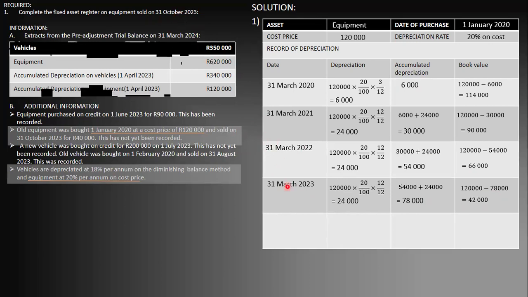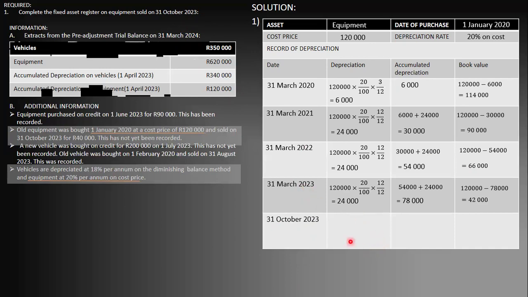So now we won't get to the 31st of March 2024 because it was sold on 31 October 2023, right? So in other words, for the time that this equipment was sold, it wasn't a full year. We need to know how much depreciation there was from this financial year up until the time that it was sold in the next financial year,